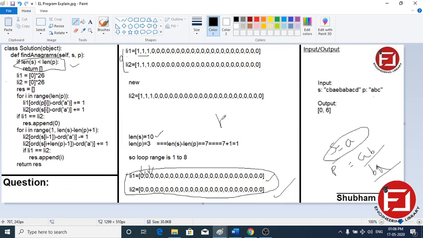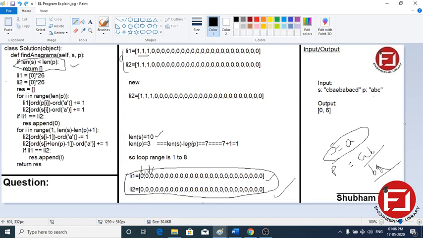Suppose the letter b is here, b is the second letter. We get its position in the list by subtracting the ASCII value of a from it, so b gives index 1, since a is at 0.